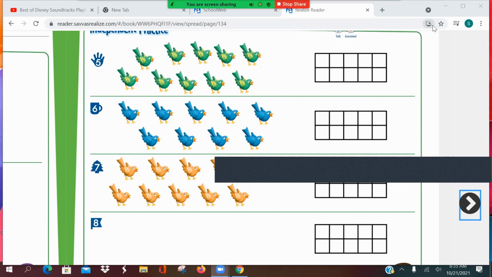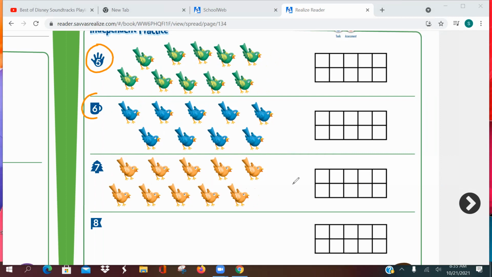We're going to do the same thing for these questions. You are going to count the birds and fill in those 10 frames with the correct number of counters. For number 8 down here, you are going to draw 9 or 10 birds. It's your choice. And then you're going to draw a counter for each bird that you drew in this 10 frame. So make sure you're keeping track of the bird you're counting by putting a line through it so you don't double count it. You're doing a great job,